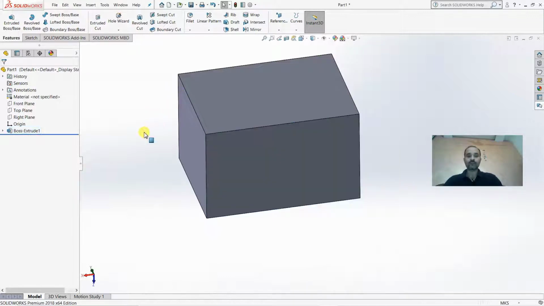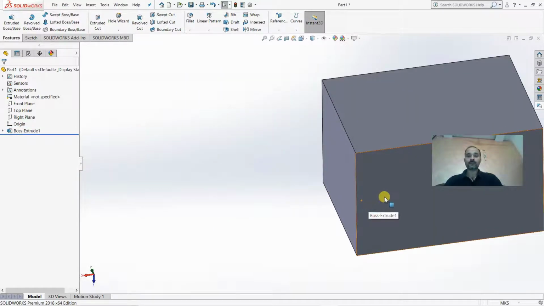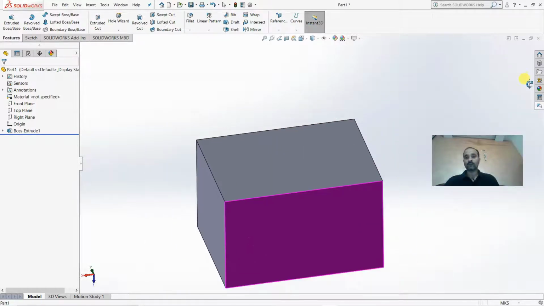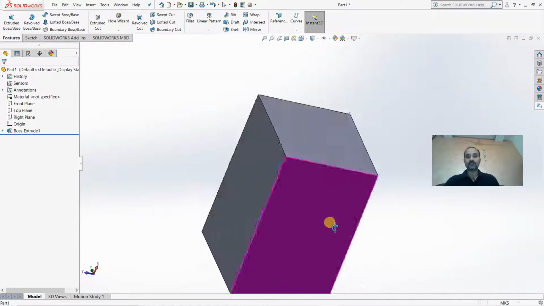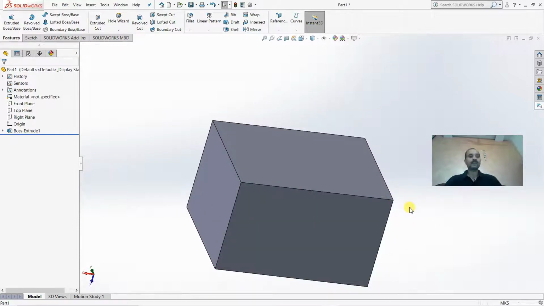If you want to zoom in and zoom out, use the roller. If you want to pan your object, then you can go to the opposite side from where you want to pan, then zoom in and zoom out. If you press the roller, then it will automatically revolve. So these are the basic mouse controls that I want to tell you before going to the next command.